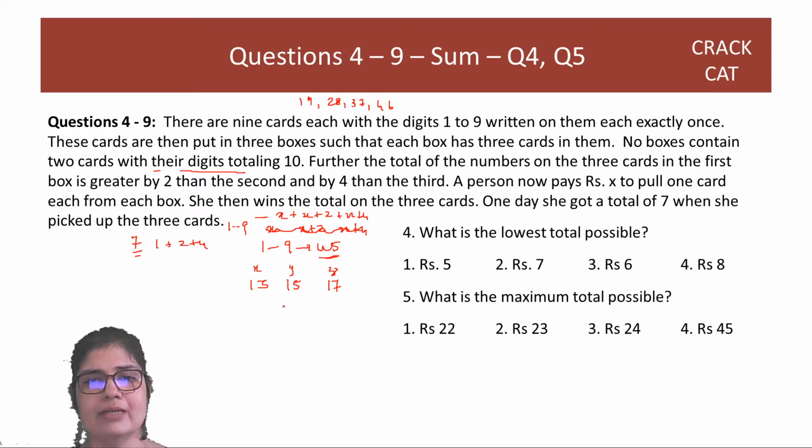Okay. So now let's try and see where 1 will go here, where 2 will go, where 4 will go. So if I put 1 here, I put 1 in 17, so now the remaining 2 numbers should add up to 16. 16 addition is only possible with 9 and 7. But this makes 1 plus 9, which can't happen. I can't have these sums. So this is gone. 1 cannot go with 17.